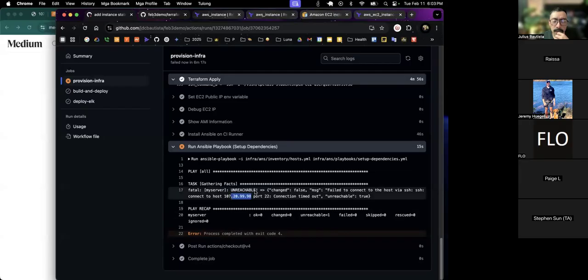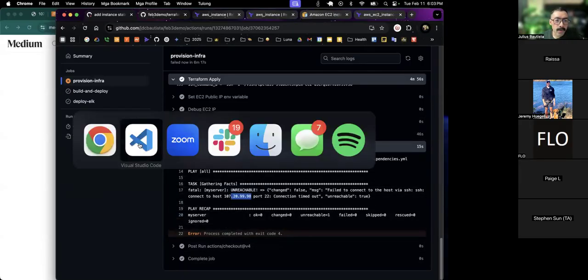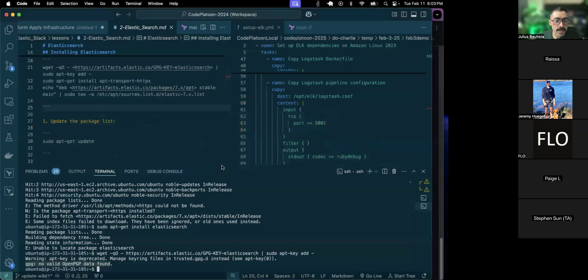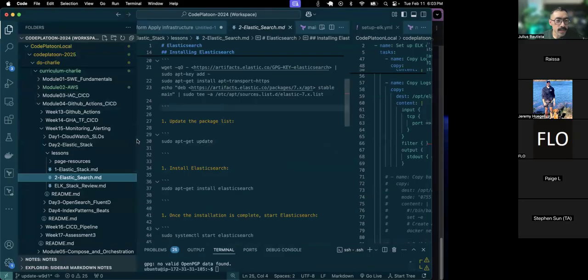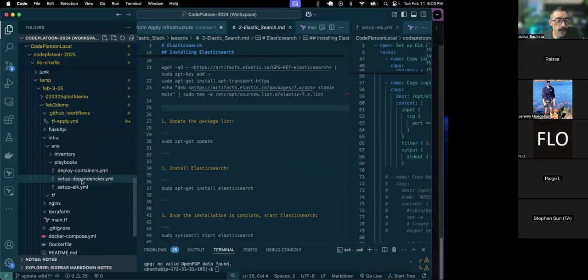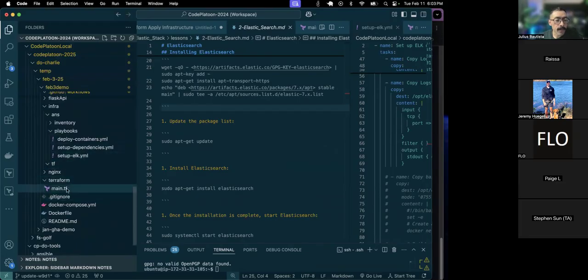Oh, okay. So let's look at our workflow. Of course, I didn't make enough changes, so it was going to fail